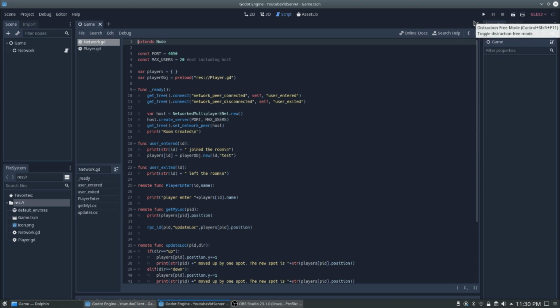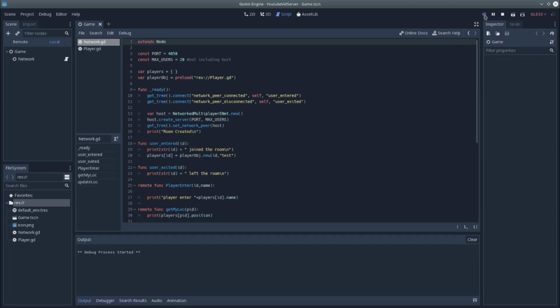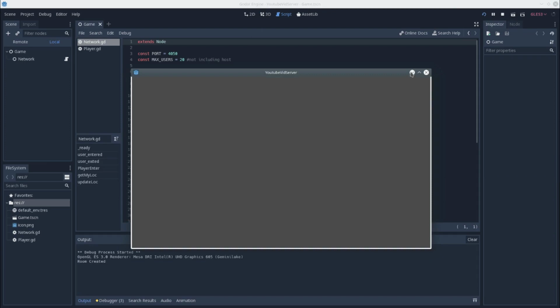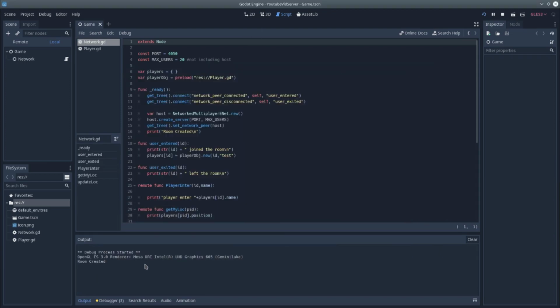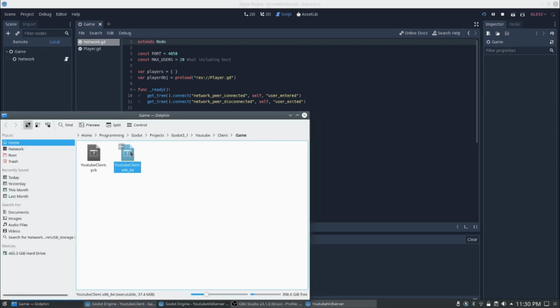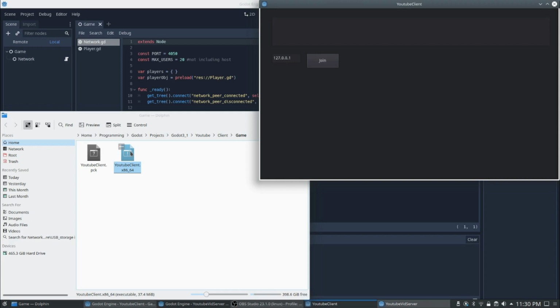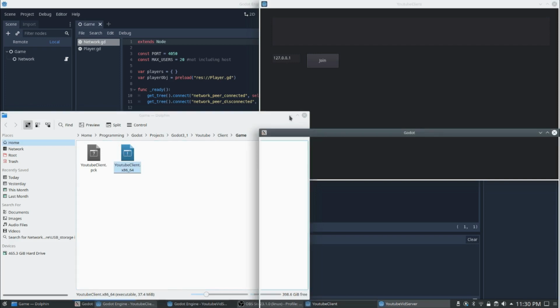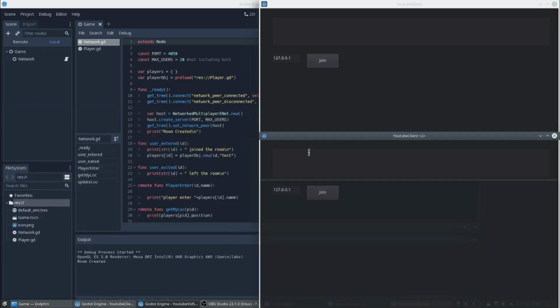For instance, this here is the server and client I have set up. I have a display out here for it, but let me open up a couple of clients to show you real quick. Alright,